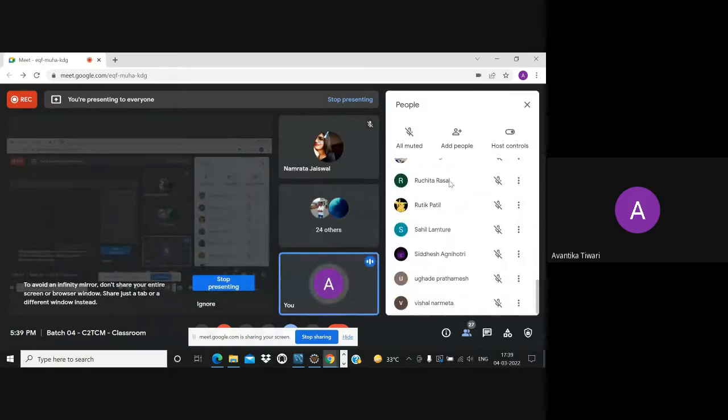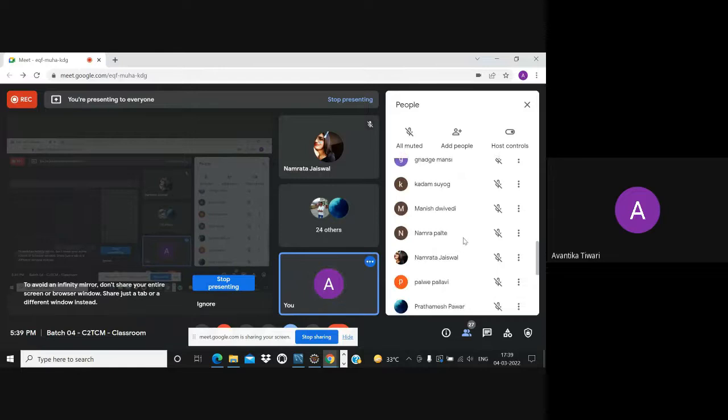Yes, what is entity manager, persistence context, all these things?